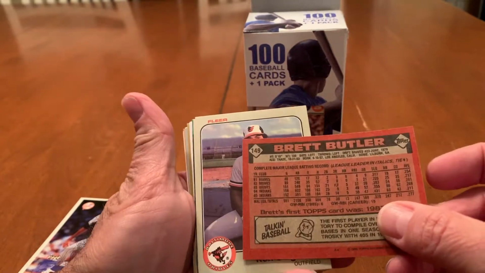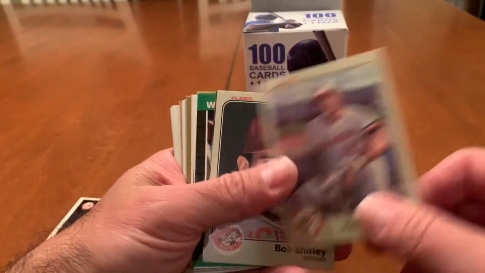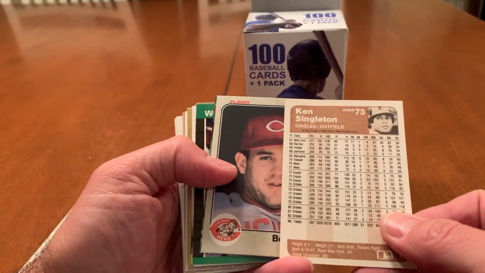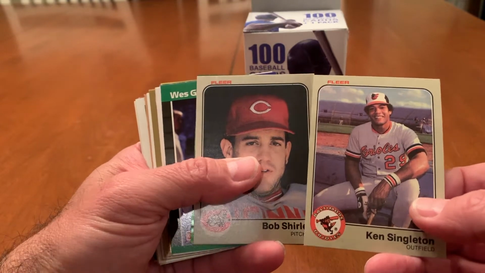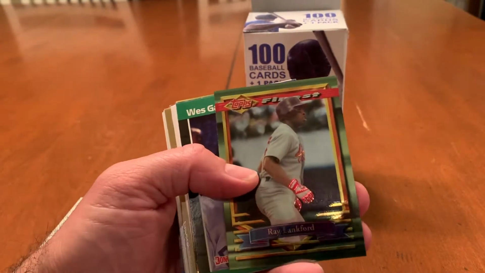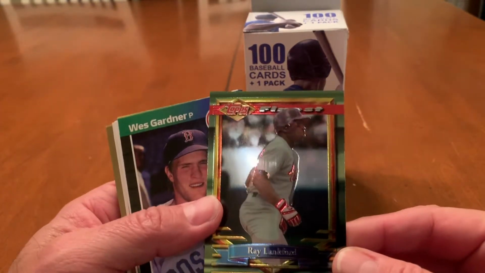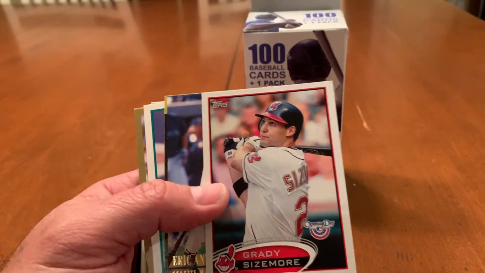I don't think that's his rookie card. No, it is not. That's right, it's like his 5th or 6th year card. And there it is. There's more of the 83 Fleer. Again, I like these. Don't have a lot of them. So Ken Singleton is actually a pretty decent player. Bob Shirley. There's a Ray Langford Topps Finest. It's pretty cool. Wes Gardner, Grady Sizemore,